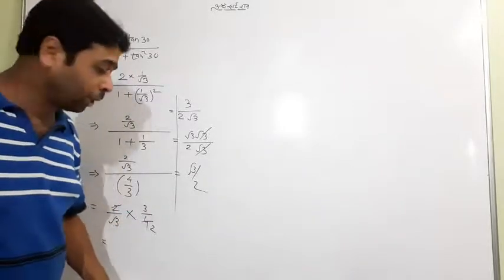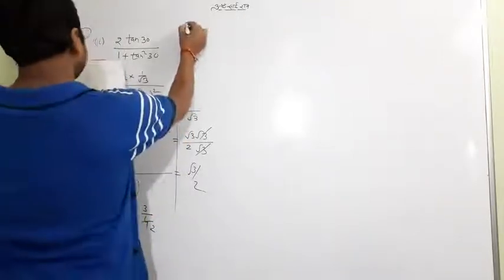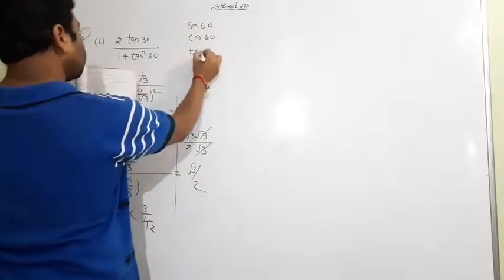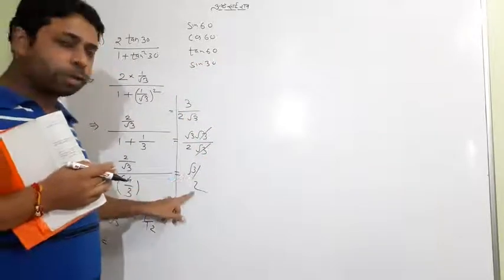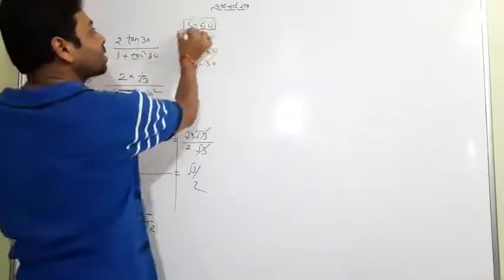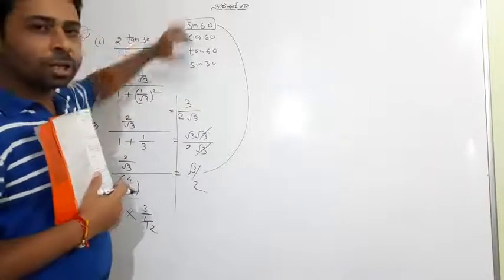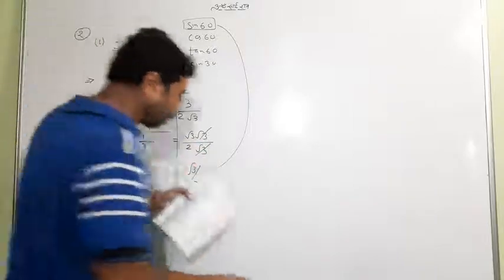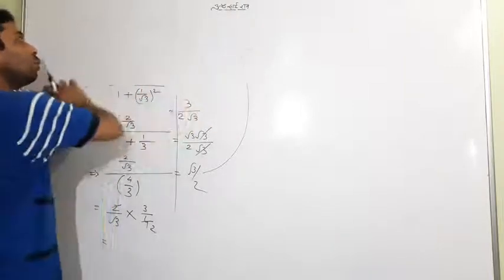Now, very interesting options are written here. Look at the 4 options: first sin 60, second cos 60, tan 60 and sin 30. One can understand that root 3 by 2 is the value of one of them. One should know that sin 60 has the value root 3 by 2, meaning the answer equals sin 60, which is the first option of the book. So this was a simple calculation which I wanted to tell you. You should know how you are doing it, no matter what the answer is.